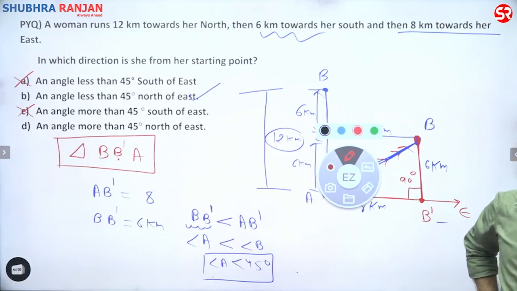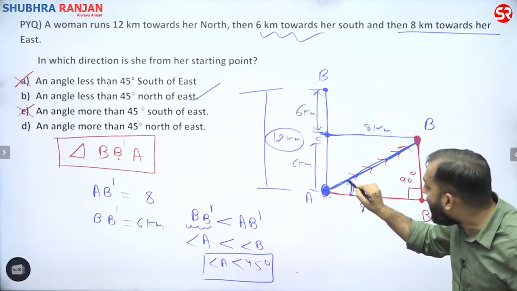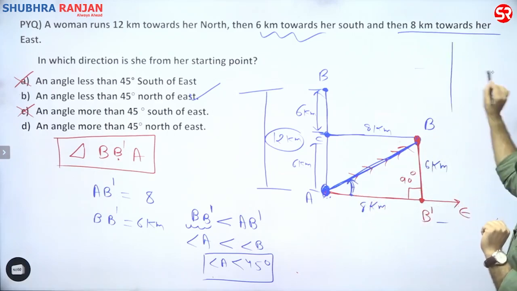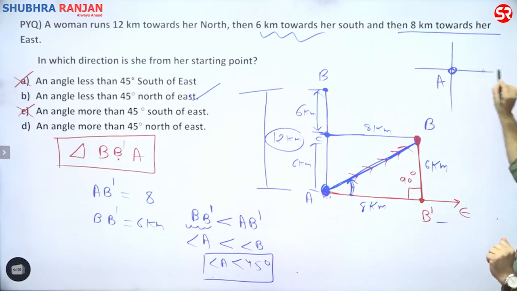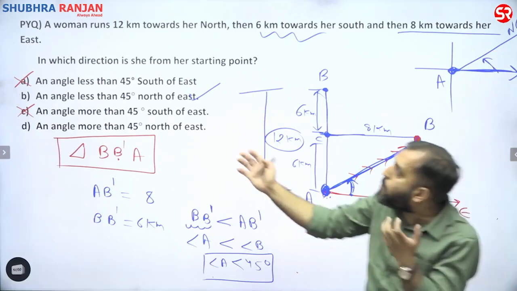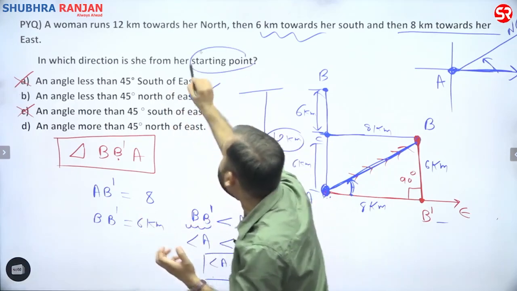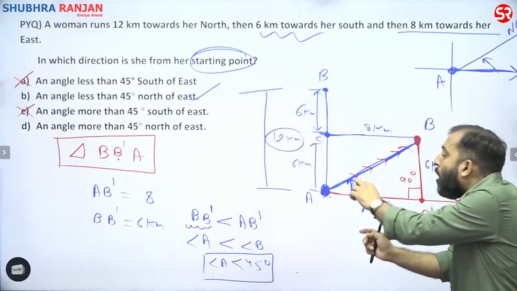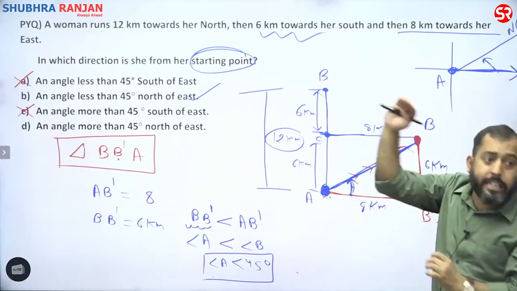With respect to A, so this angle has to be considered and this angle is less than 45. Now let's say this is point A, and with respect to A this is the east direction. If you start turning from here, like if you turn left 45 degree, you will reach here. This is what I have done here, because we are doing everything with respect to the initial starting point. So you will find this turn with respect to the east direction of A.